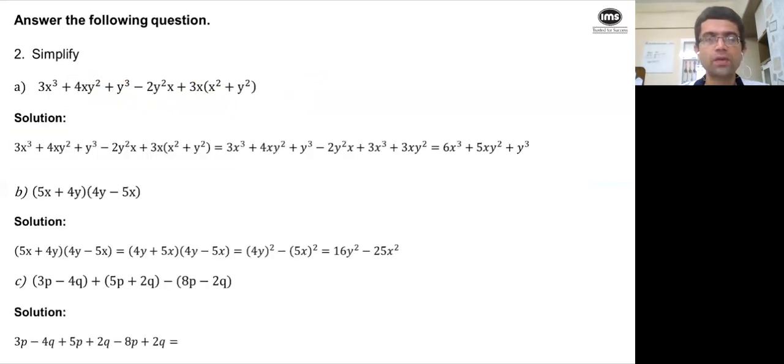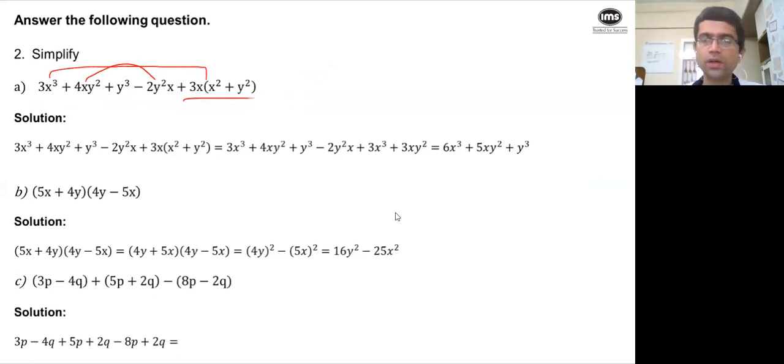Great. Simplify. Now it's only about, first of all, expanding the bracket. So first expand the bracket and then club all the terms which have the same variable part. For example, you will say 4xy square and negative 2y square x, which is same as negative 2x square y. So club all the terms which have same variable part.